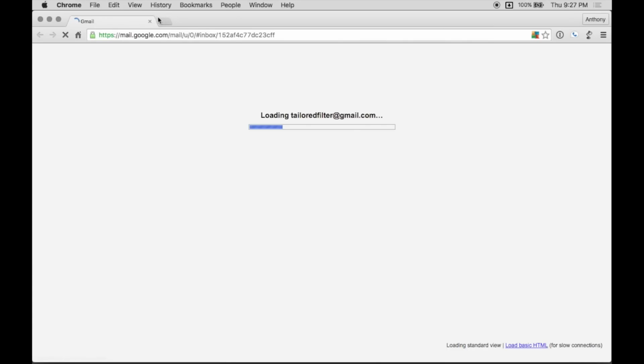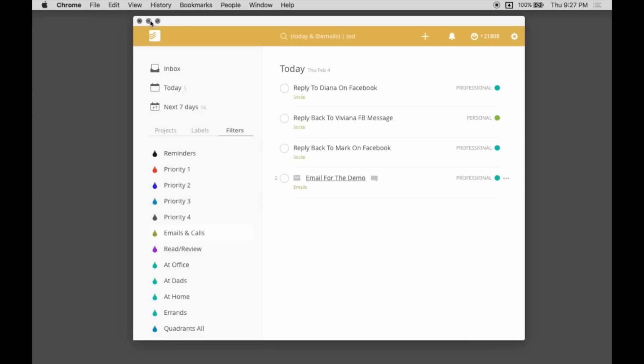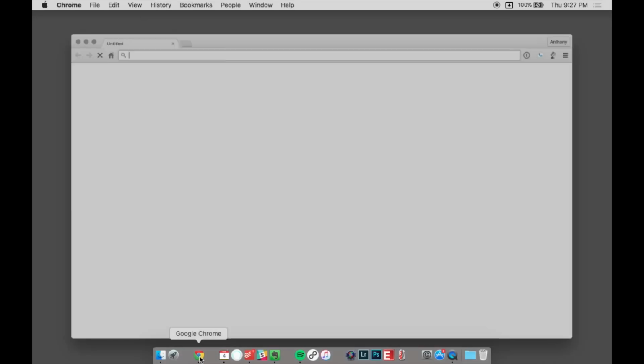It helps me kind of prioritize my emails and make sure I'm staying focused on the things that I need to take care of, even on emails. So if it's something that needs to be taken care of or something that can wait, it helps me stay focused. And then one other thing that I do use,